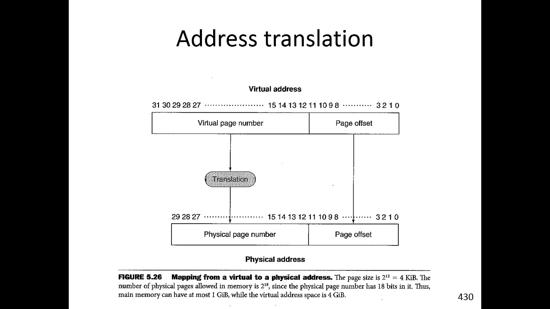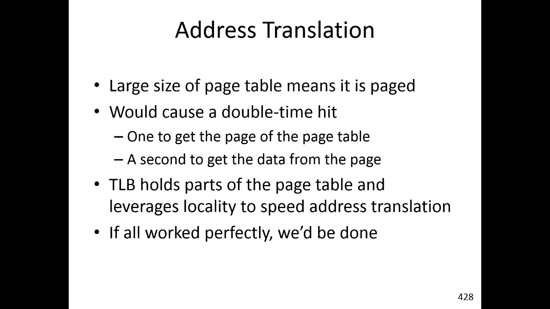Now, that presumes, as I've explained it up until now, that we always have what we need in RAM. But just like with cache, we don't always have what we need in cache. Same thing, we don't always have what we need in RAM. So we have to deal with that. And the way we deal with that is, like I said, we have a page table on each program. And then modern RAM creates a translation look-aside buffer, where it's actually cache built into RAM,